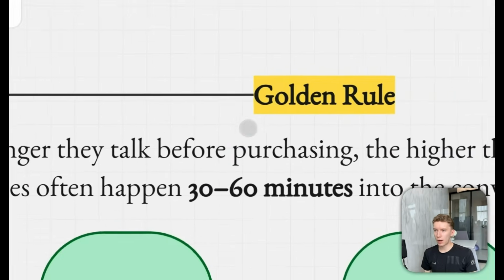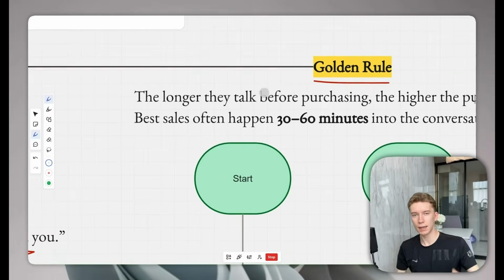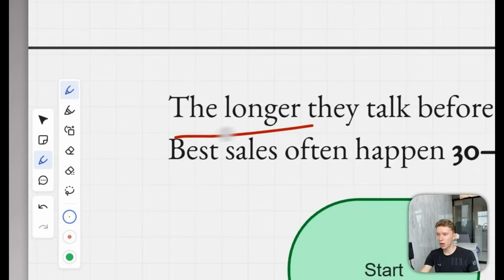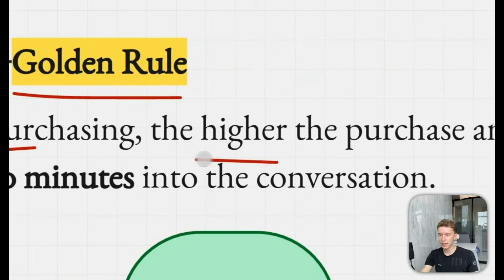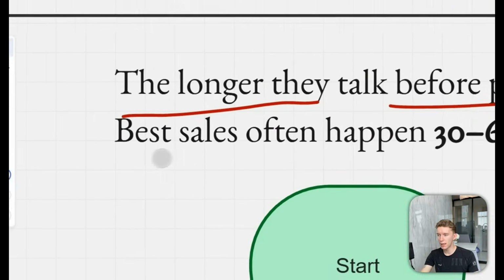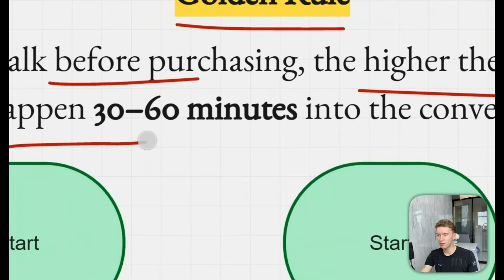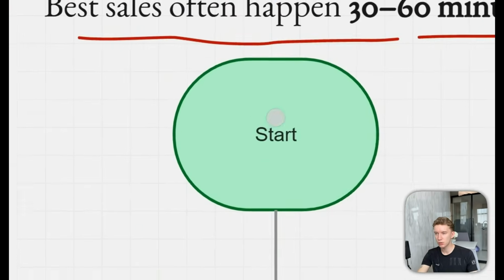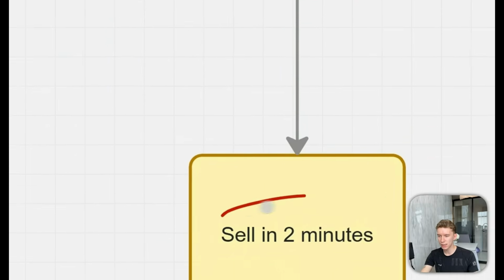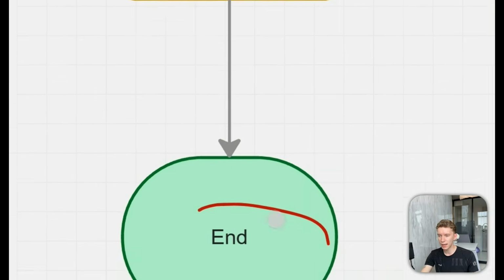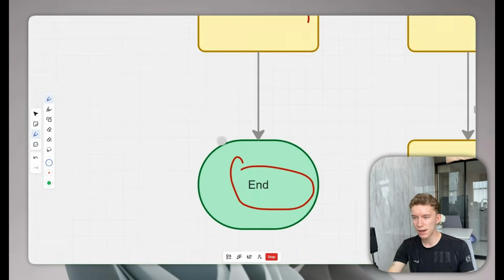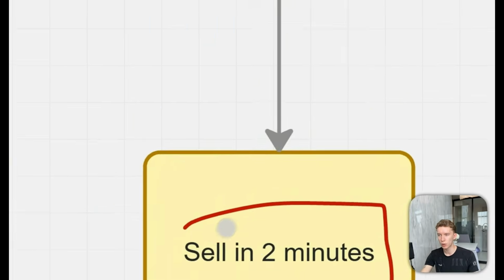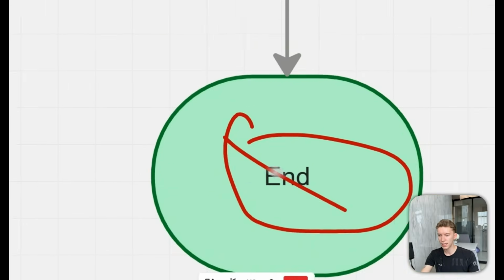So now let's talk about the golden rule, the third of the 4 angles that are the most important. The longer these guys speak before purchasing, the higher the purchase amount will be, right? Best sales often happen between 30 and 60 minutes into the conversation. So if you start the conversation and then your chatter sells after 2 minutes, he buys, maybe the conversation will most likely end after the first or second pay-per-view. Or if he doesn't buy, because it's super quick, super transactional, then the conversation ends